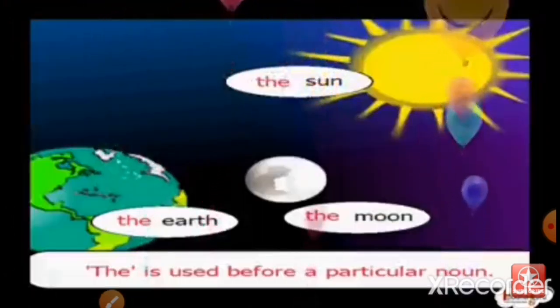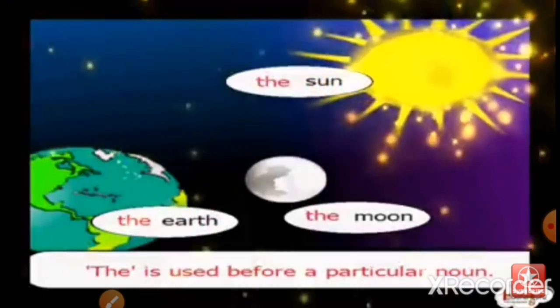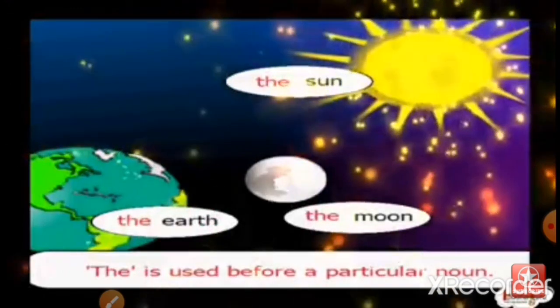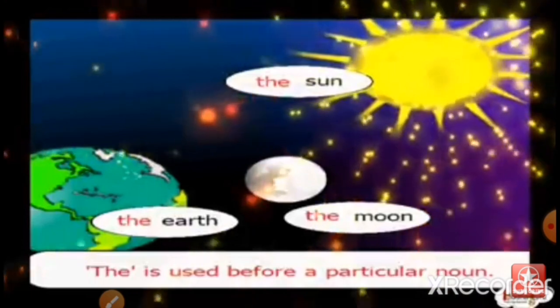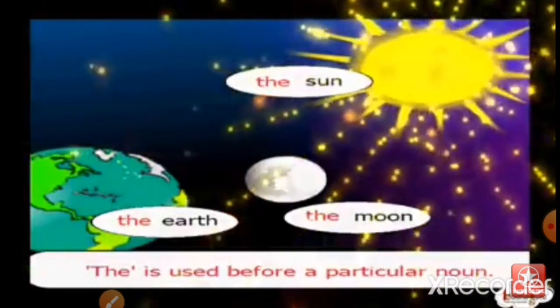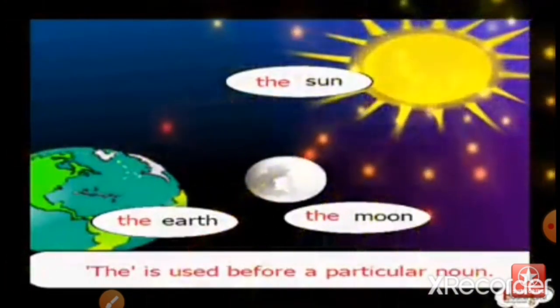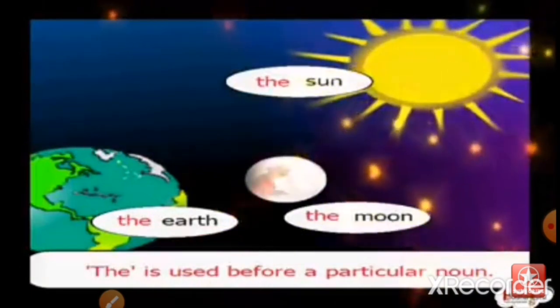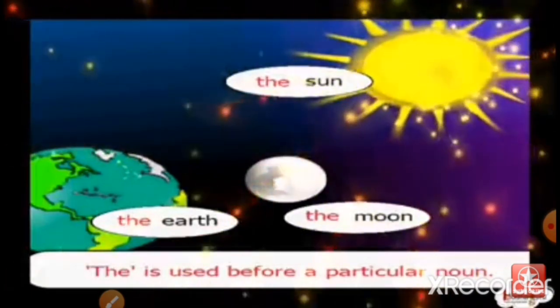Article. And for the particular noun, the sun, the moon, the earth. These are the different particular nouns. So before them, we have to use the article. Okay, children? So these were the different exercises of